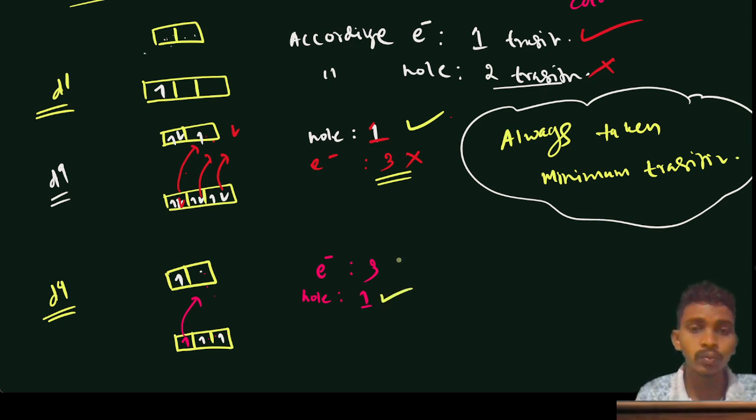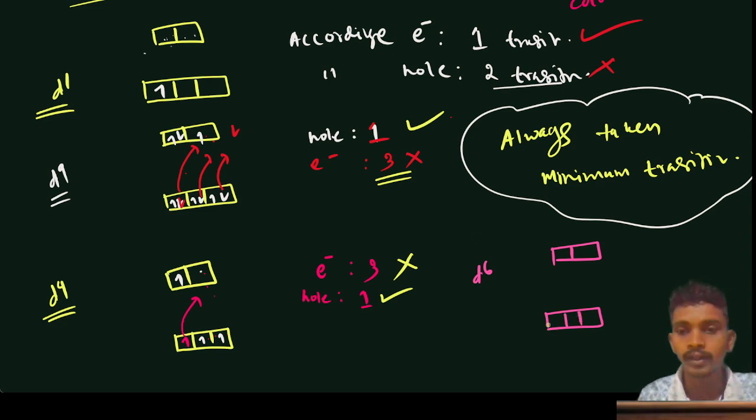According to the hole we will talk, we will not talk according to the electrons. Similarly for d6, I will always pitch high spin complexes 1, 2, 3, 4, 5 and 6. Okay, so here how many holes are possible? Here I can put 1 electron, here also possible. This one I will not change, this also possible, here also I can put. So according to hole,